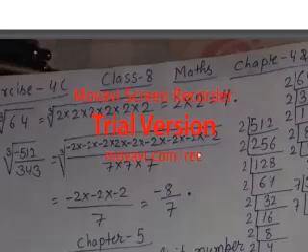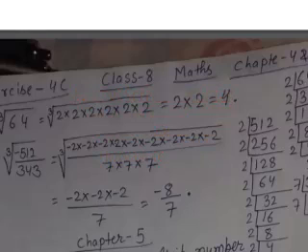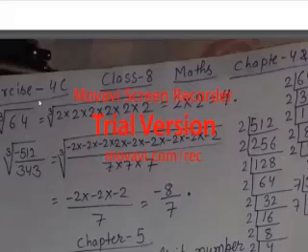One number here is cube root 64. Of course you can prime factorize 64. You can see it has been divided by 2, so 64 to 32, 2 to 16, 2 to 8, 2 to 4, 2 to 2. If you see there are 6 multiples, so I have written cube root of 2 into 2 into 2 into 2 into 2 into 2, that means 6 times. So a triplet will come out as 1, so 3 twos give 1, and another triplet gives another 1. So 2 into 2 becomes 4.